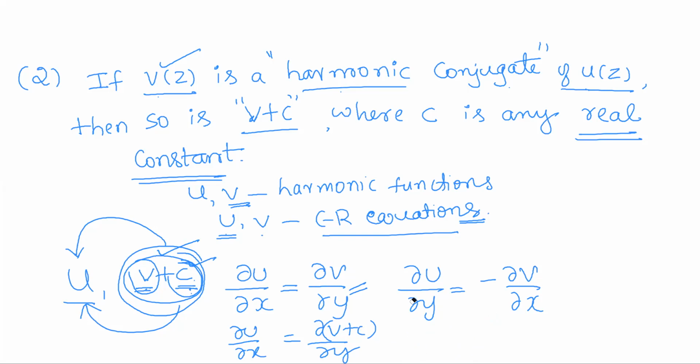And next, using the same idea, I can write the second equation as ∂U/∂Y equals minus ∂(V plus C)/∂X. So we can observe here that U and V plus C satisfy the CR equations. First of all, V plus C is a harmonic function and U and V plus C satisfy the CR equations. So by the definition, what does it mean? It means that V plus C is a harmonic